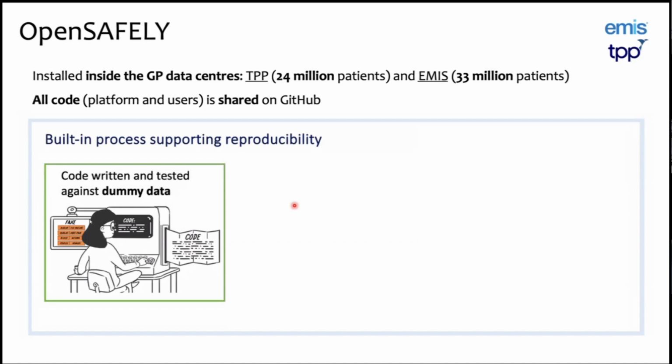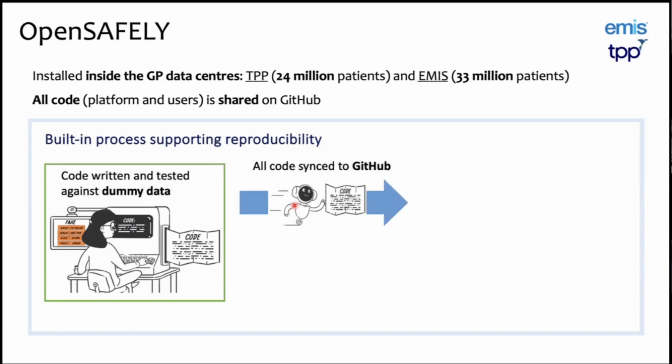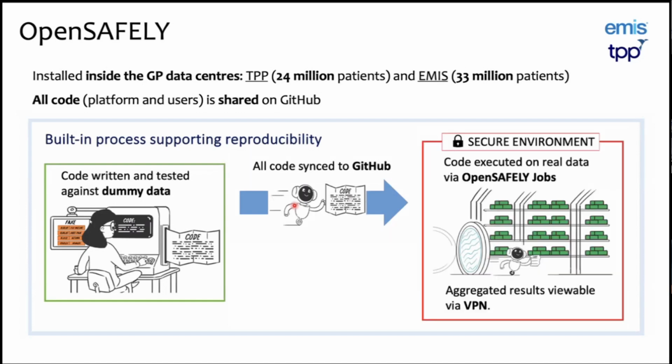And the third important point is that it heavily relies on dummy data, because the whole idea behind OpenSAFELY is that you never see one person per row data, even anonymized. So it's not like CPRD, where you get the data set, the CSV file, you never see individual level data. You work on dummy data, you sync it through your GitHub to the OpenSAFELY GitHub repository, then it takes it into the secured vault, so be it TPP in Leeds, so it either sends it to Leeds or it sends it to London, to EMIS, takes your code into the secured vault, executes your code, and takes out the aggregate